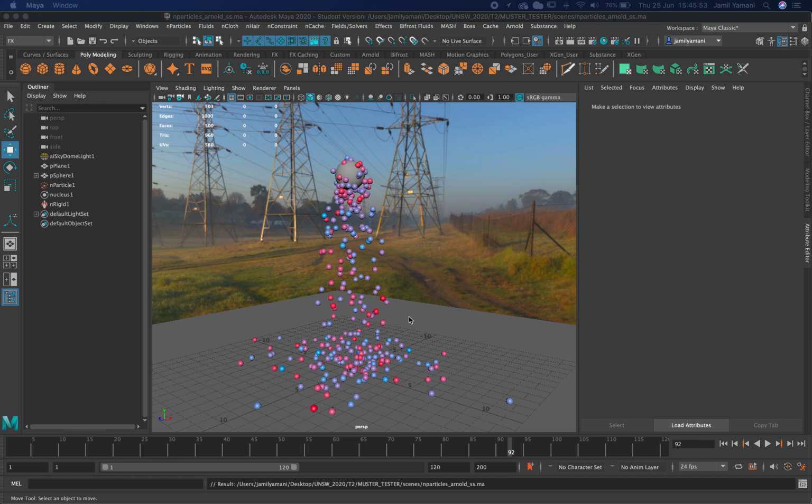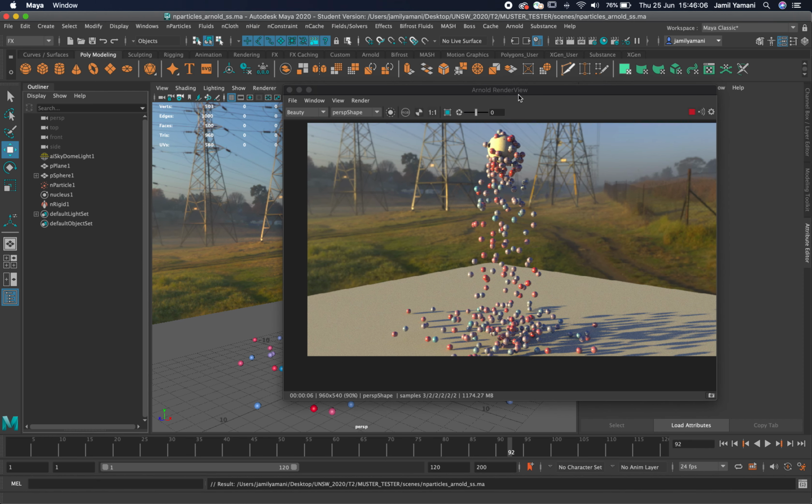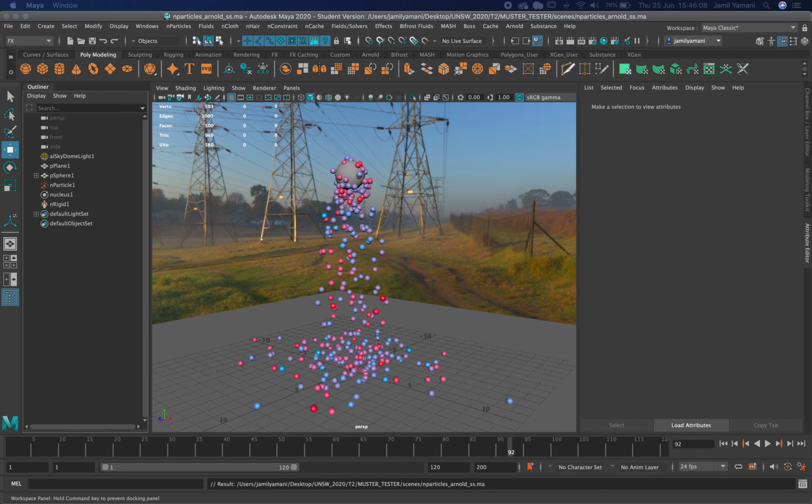So you've got a particle system going, it's using the default blend shader, you want to switch it over to the Arnold Standard Surface Shader. How do you go about doing that? Here's my particle system, here is my current render. Alright, let's have a look, let's stop that, and let's go across to the